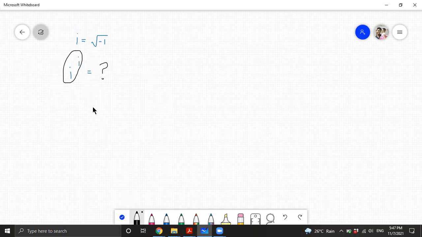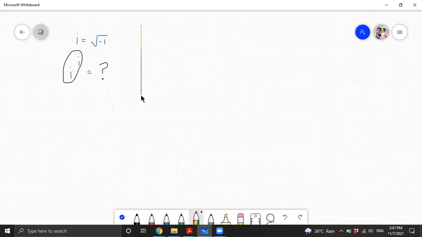Hope you can make a try on this question. So let me solve this question. Before we solve this, we need to learn one theory. So we'll learn that theory first. So suppose we take